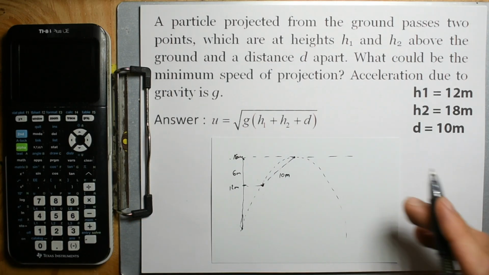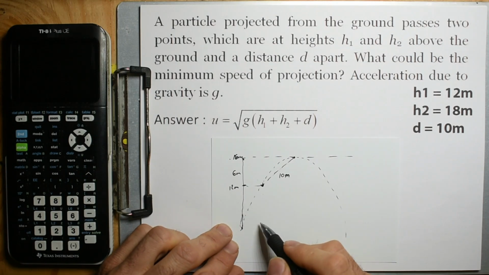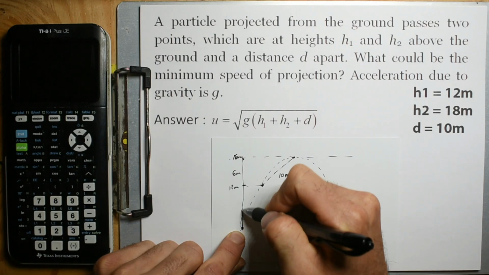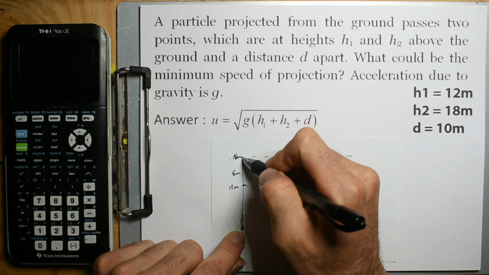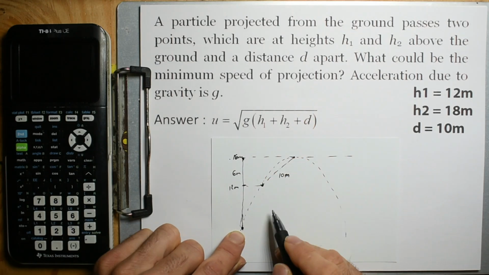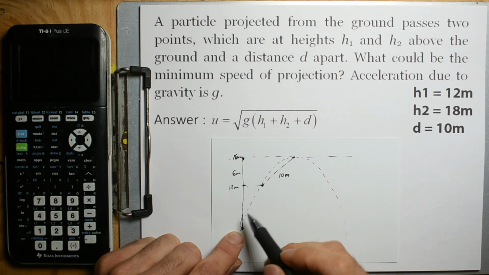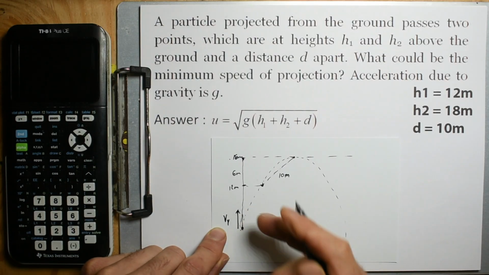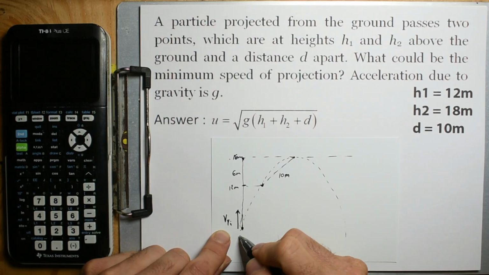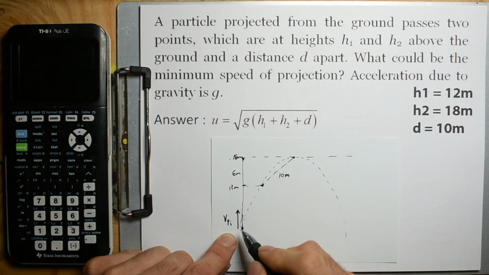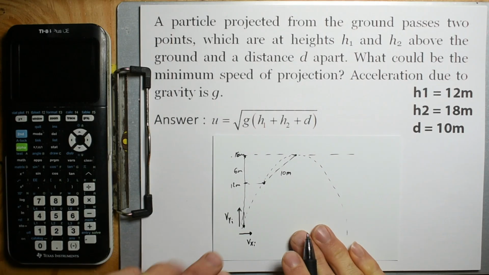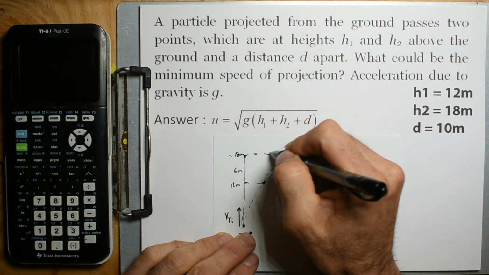Alright, so how would we explore this? Well, one is that we're changing the angle. If I went straight up, I'm going to go to 18, have it stop, and then come back down. So I'm going to have two components here. I'm going to have a velocity component in the y, initial, and in here I don't have any component in the x. But now I'm going to add in a velocity component in the x direction. And so if I'm trying to always just hit 18,